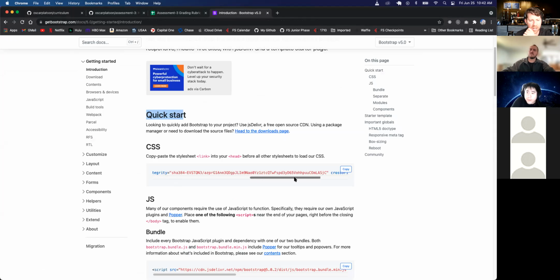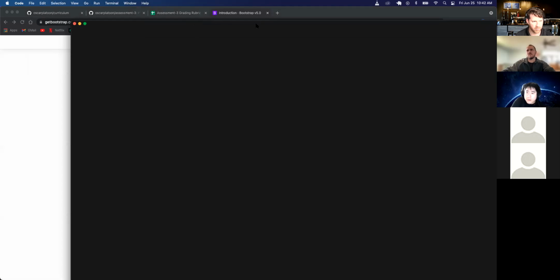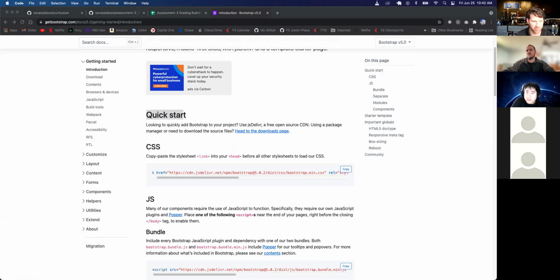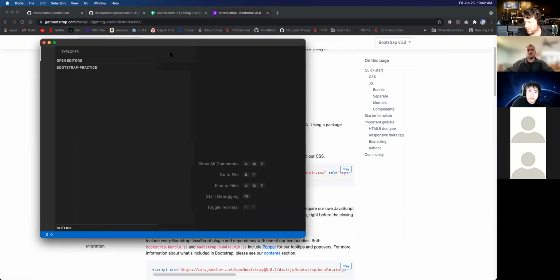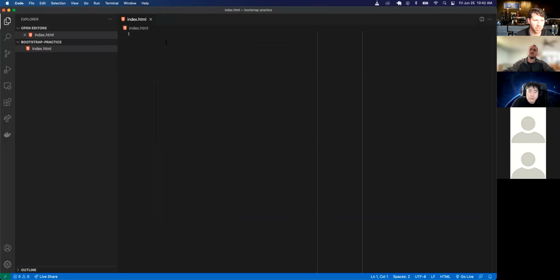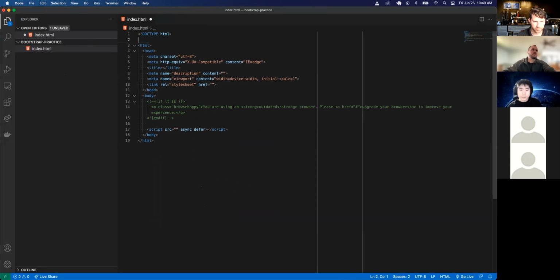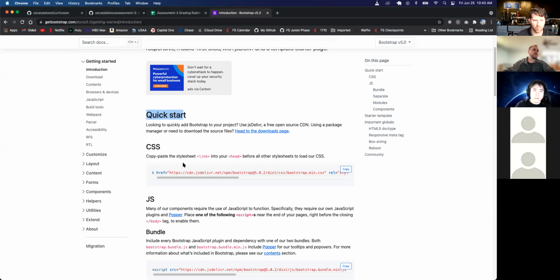The only thing we really need, let's actually, what is this? That's just a blank. Hold on. There we go. So if I open up my HTML real quick and create a boilerplate of HTML, the only thing you really need in Bootstrap is this CDN. It's this link to essentially all the Bootstrap